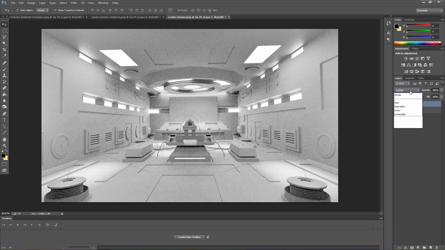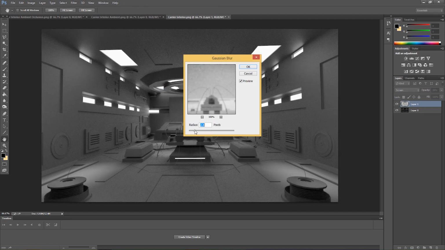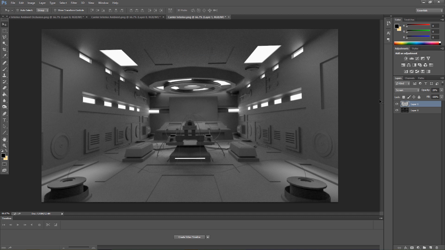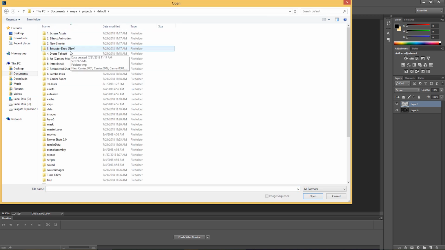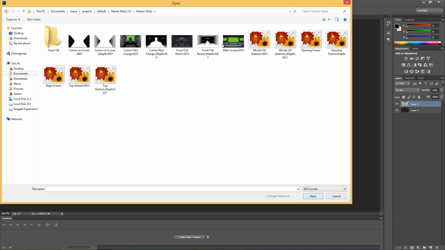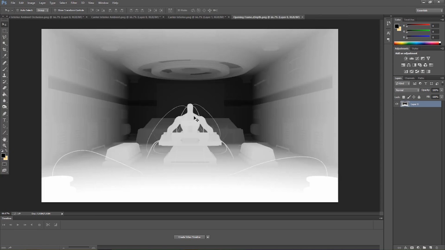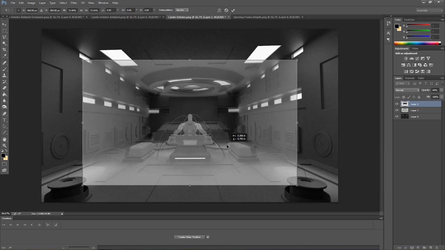Okay. Now I'll put in some blur because I don't want the grain from the other image to move on to the main image. So the opacity is going all the way down to 13. So I need some depth. I need like some Z depth. I think I rendered something like this for my short film, a shot very similar to this. Yeah, there it is. Now the character is in it, but I'm going to